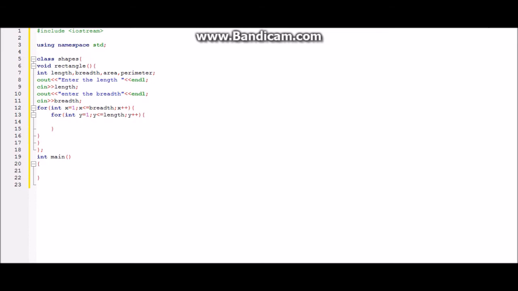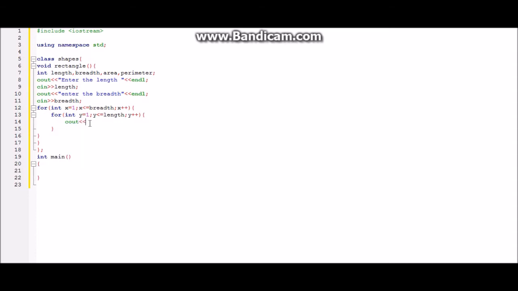Inside the inner loop, we will type the following. The statement which we will be typing will be responsible for creating the rectangular pattern, as in each line it will print out that one character, like suppose it will print out something like this in a line. So then the statement which we are going to type in is